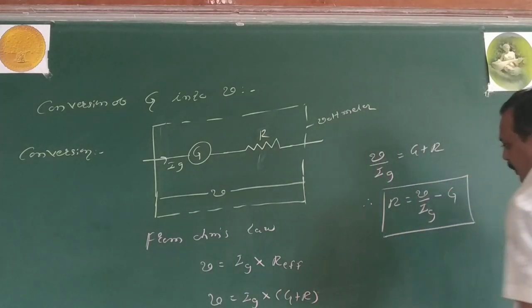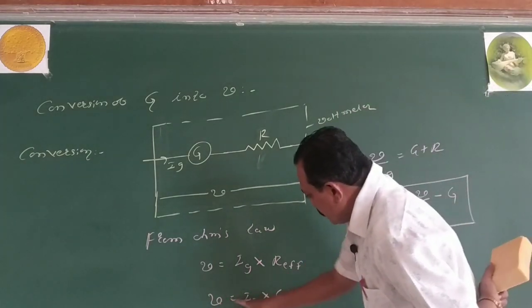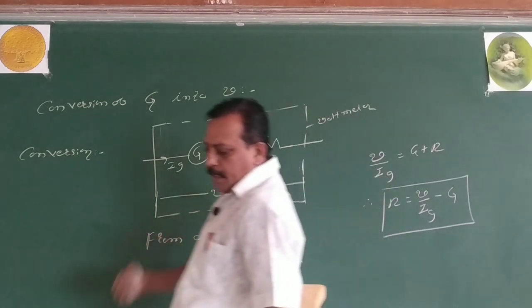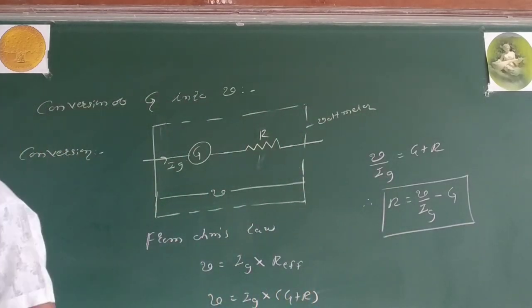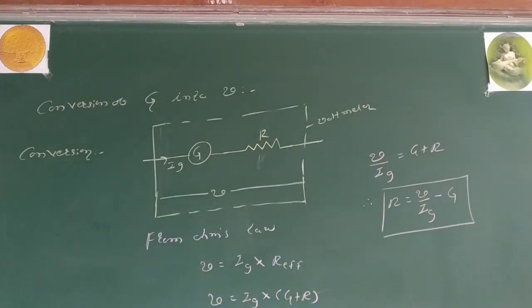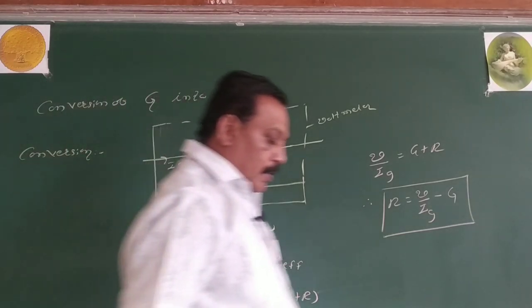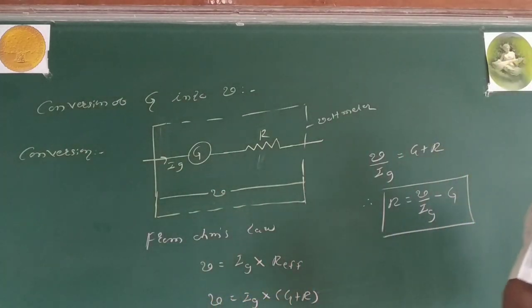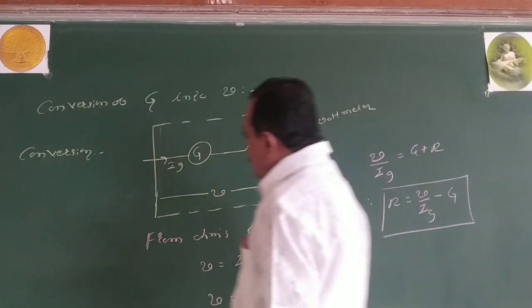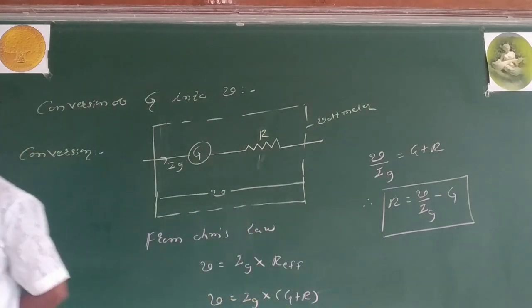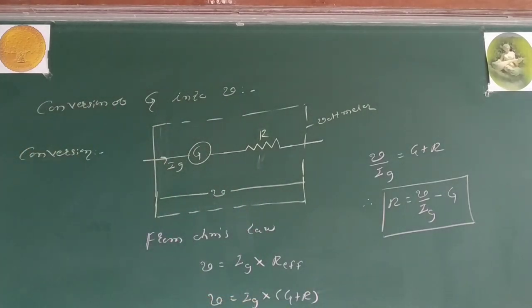Right? From this equation, what is clear? V is directly proportional to Ig. We know that I is directly proportional to theta. So V is directly proportional to theta, we can say. Whatever the potential difference is to be measured, that should be seen directly through the deflection theta. Then after this, what is the effective resistance of the voltmeter? I need the effective resistance.